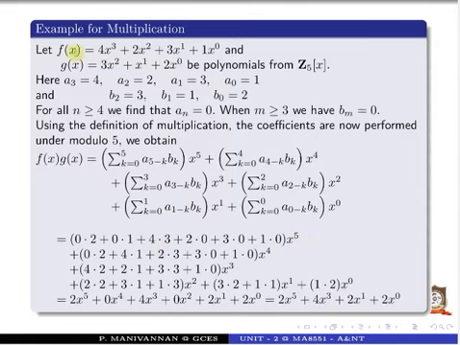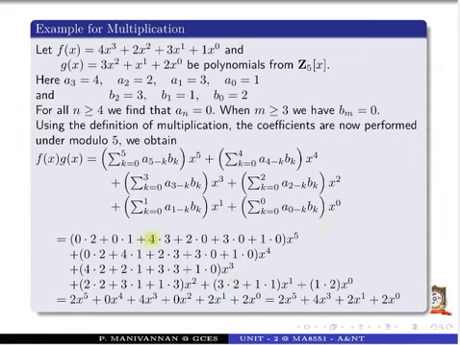Similarly, when you find x power 4, here x power 4, here x power 0. X power 4 coefficient is 0. Here 2. So 0 into 2. Then x cube into x. So 4 into 1. X squared into x square. So 2 into 3. Then x power 1 into x cube. So 3 into 0. 1 into 0. X power 4. Similarly, we obtain these values.